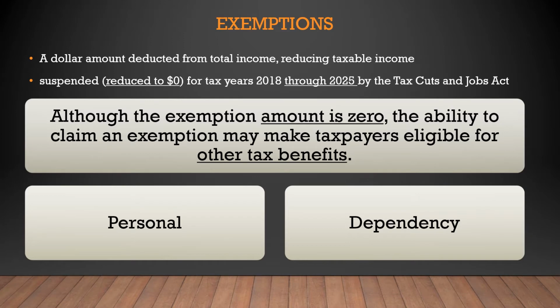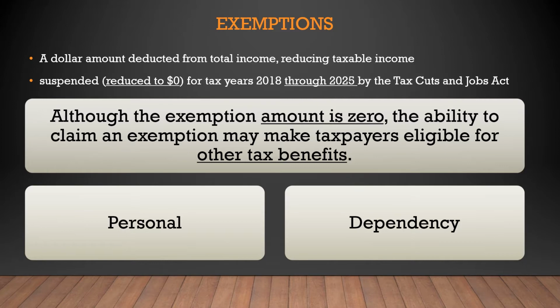An exemption is a dollar amount that is deducted from total income, thereby reducing taxable income. And if you think back to the Form 1040 we previewed in our Filing Basics course, remember that we had a section for deductions just before the first page ended with the taxable income line. Well, in tax years 2017 and earlier, there was a line for exemptions just before we got to that taxable